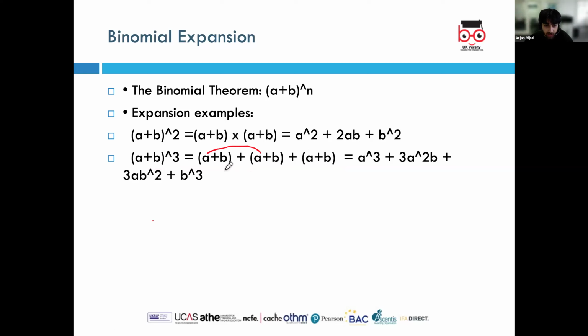So I'm going to times A by A, and then A by B, and then B by A, and B by B, and do the exact same thing I did above, right? And I'm going to get this answer here. But the only difference is that it will be,